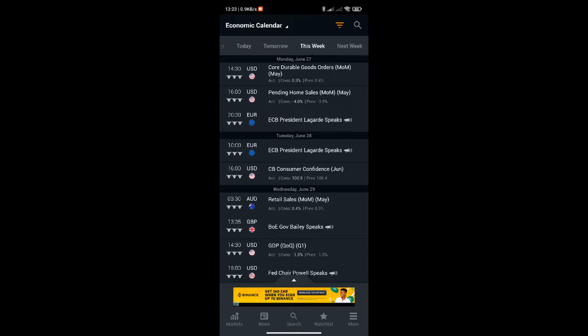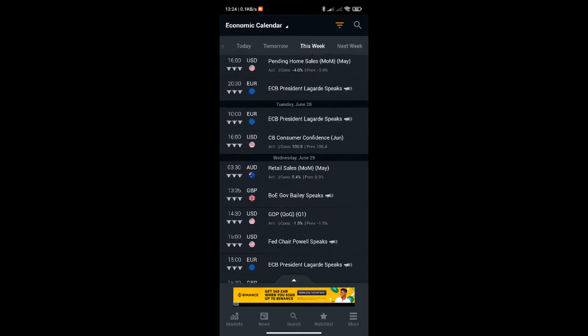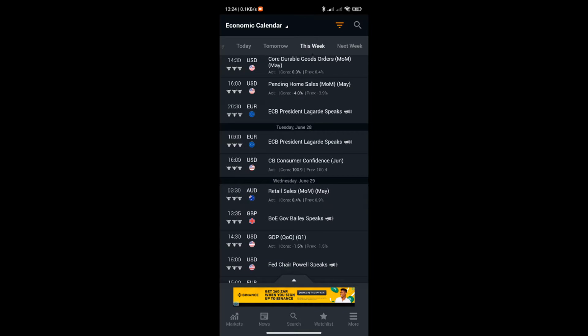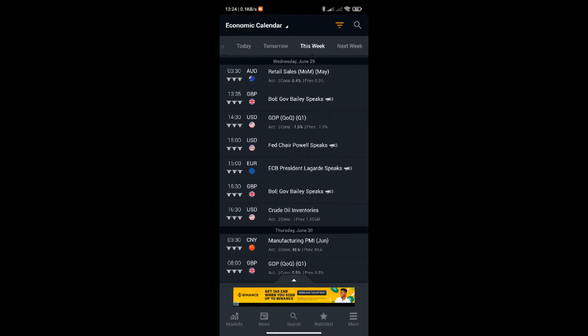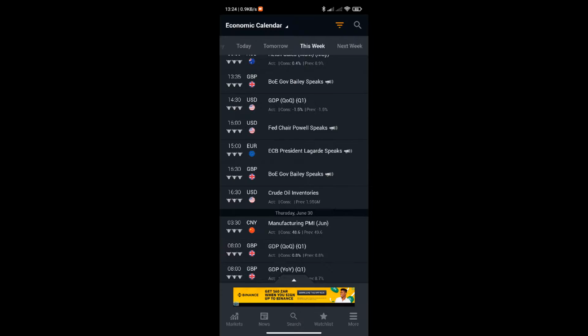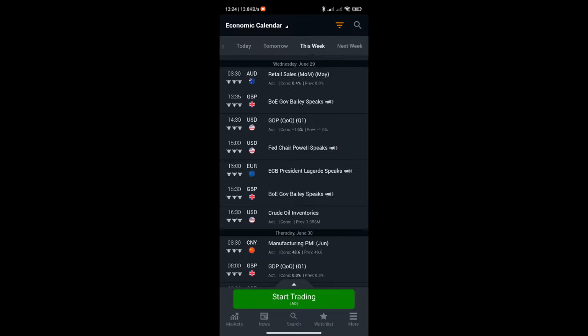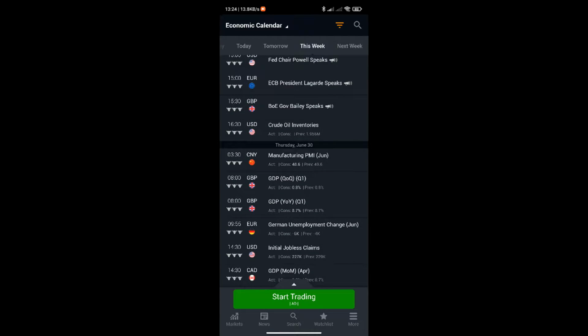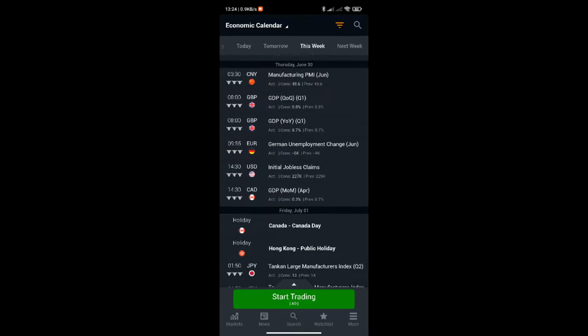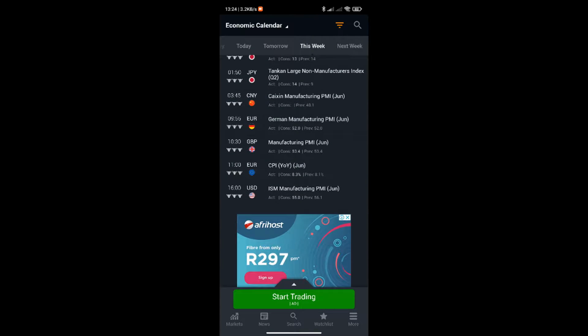And now we are on the weekly calendar. We are looking at the fundamentals for this upcoming week, and we can see that not a lot is going to be happening, right? We obviously have the Fed and the retail sales if you're trading USD, Aussie dollar, right? We have the crude oil, and we have the initial jobless claims, and on Friday we have,